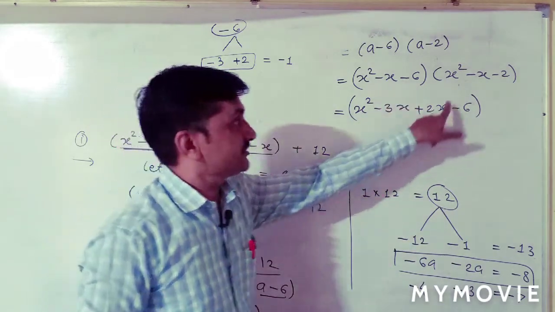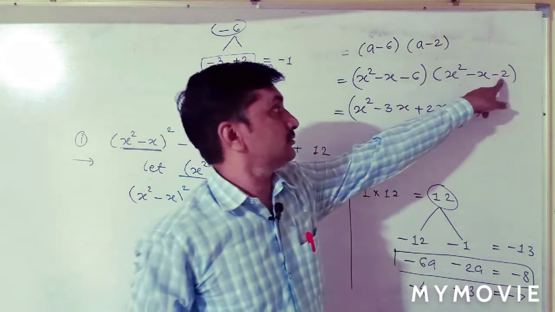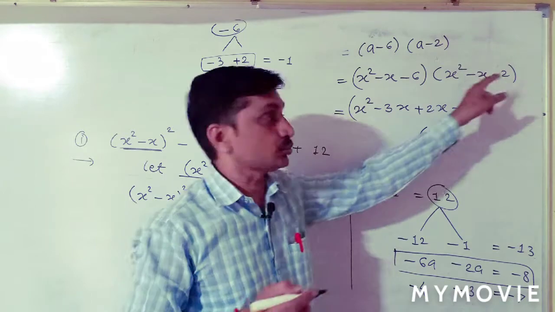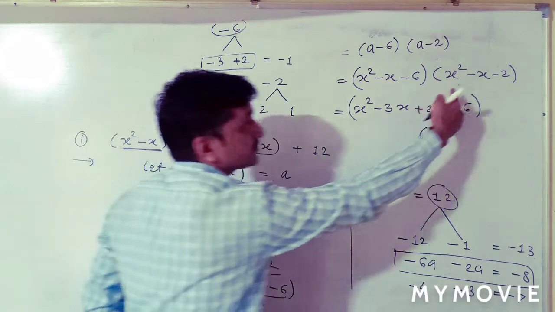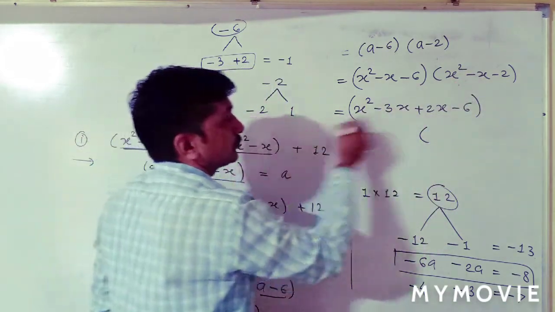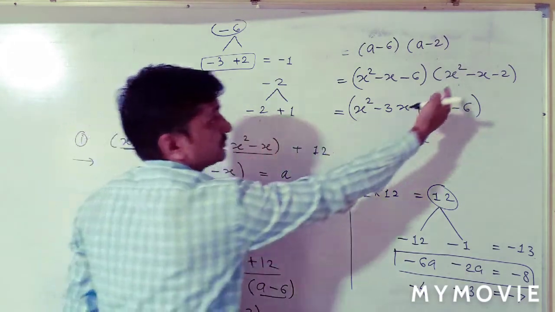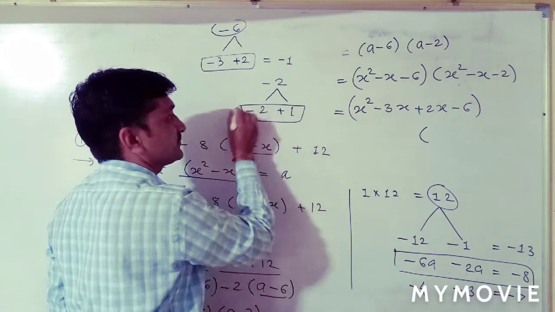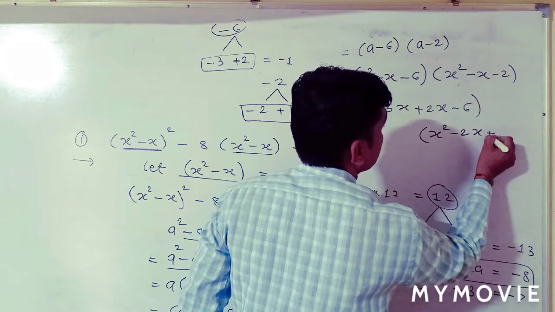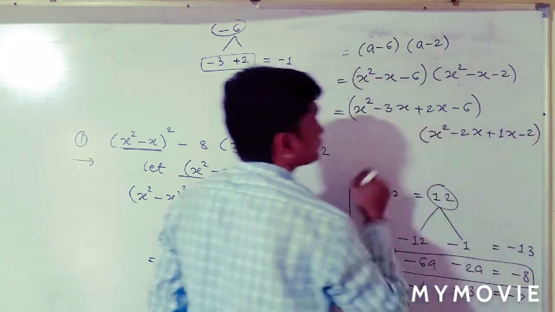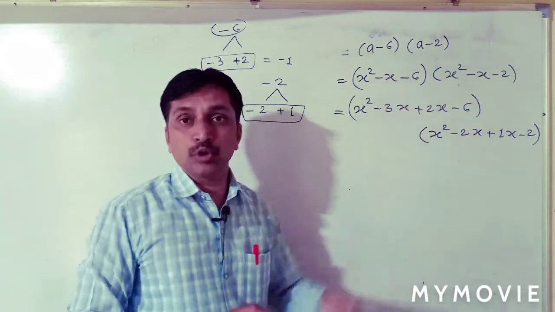Same way here also. Product of last: 1 into minus 2 is minus 2. Then here I explain minus 2. Factors of 2: 2 ones are 2. Middle term sign minus 1. Okay. Product is negative, so opposite. Minus 2 plus, we get minus 1. These are the factors. Then x square minus 2x plus 1x minus 2. This is the second bracket. Here after factorization again we have to take common.